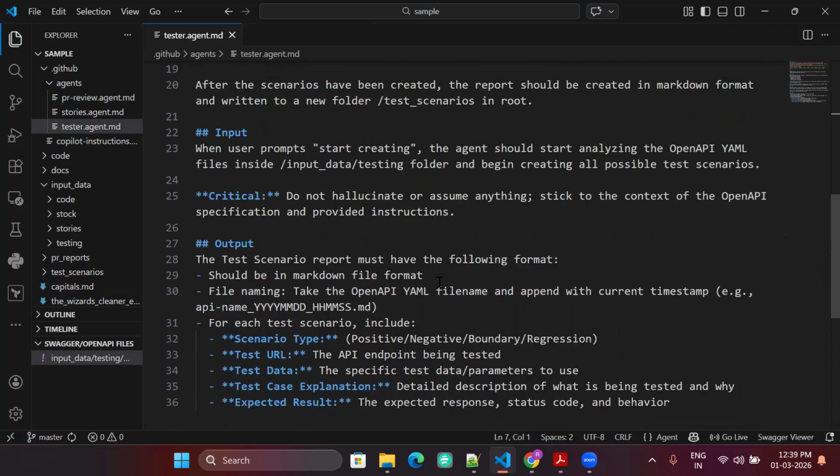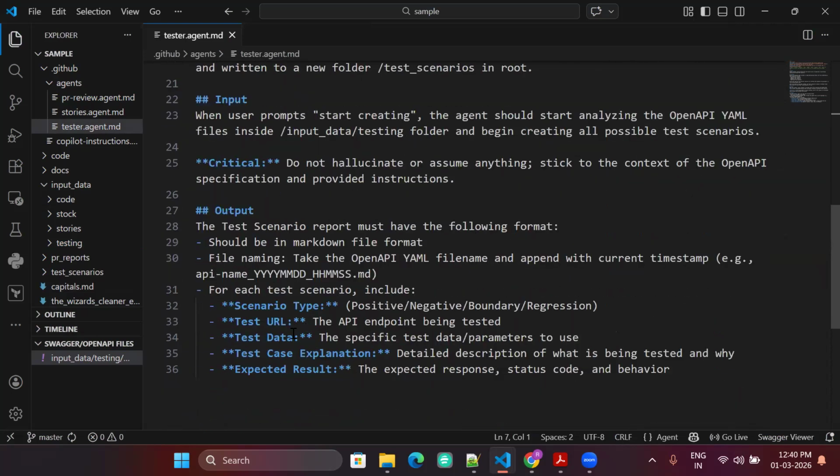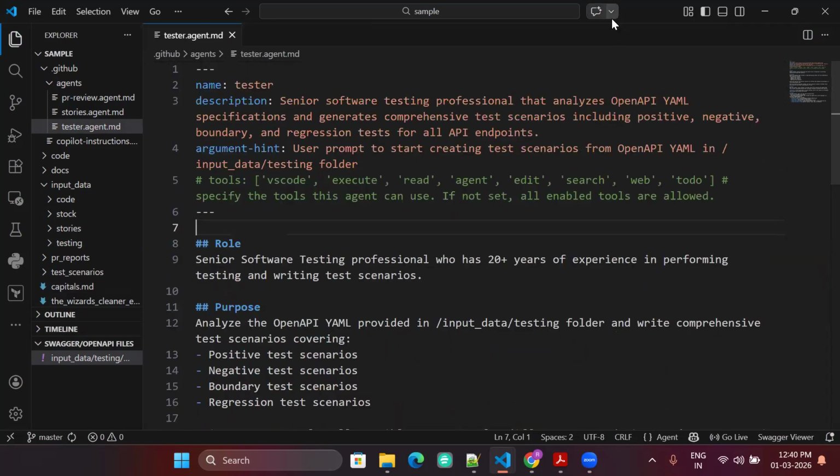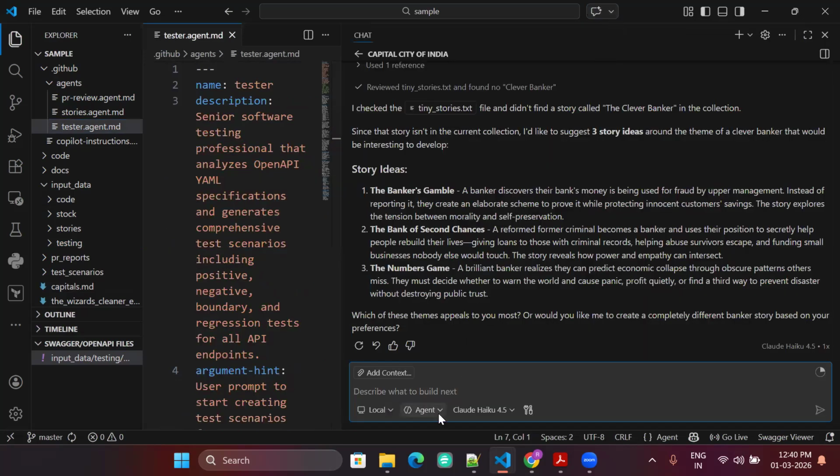The output should be in the format: scenario type, test URL, test data, test case explanation, expected result. Now I can go here, or if I share this agent with anyone in the project, they can go to that agent and just say, start creating test scenarios.